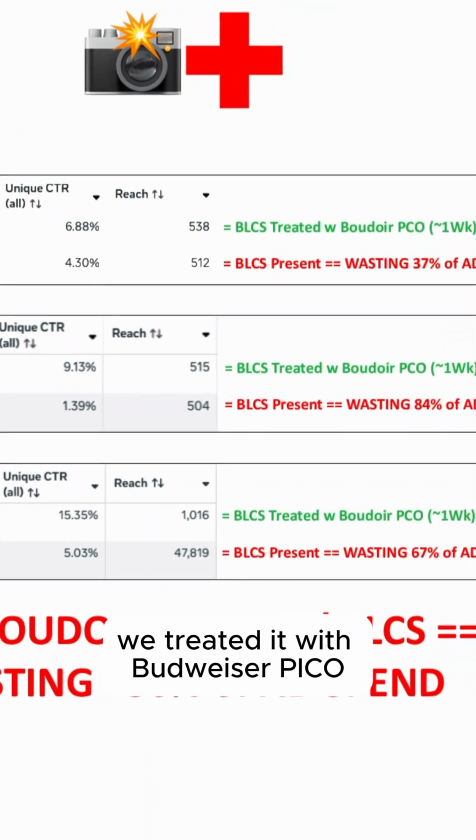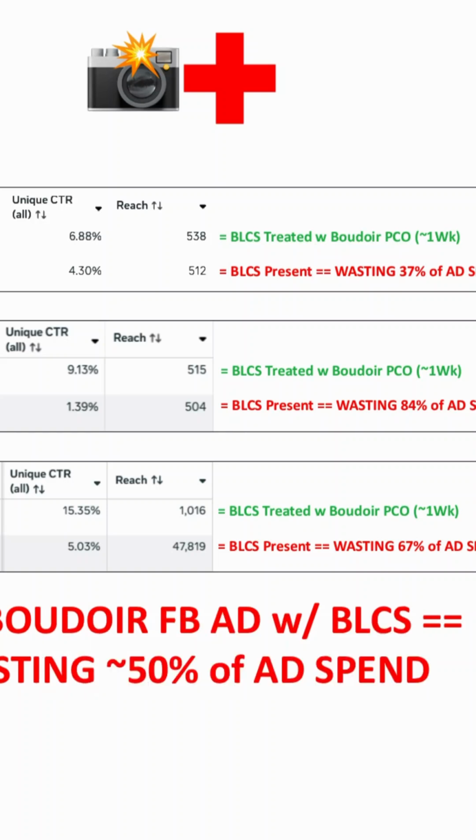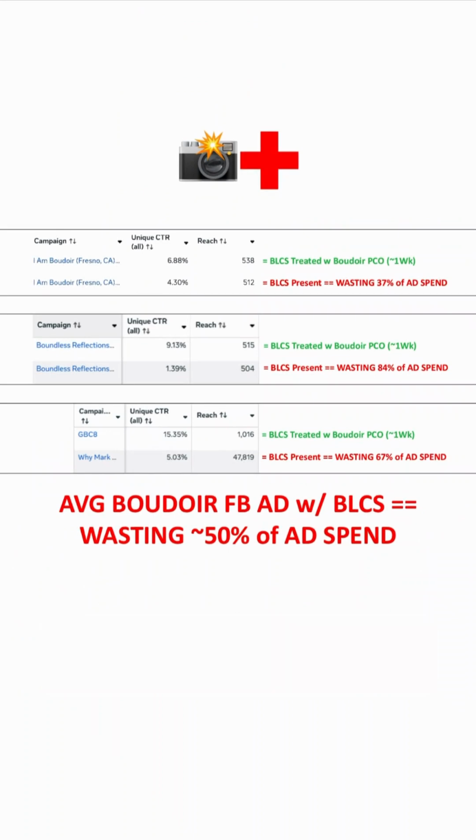So we did. We treated it with Boudoir Pico, took about a week, and we got the unique CTR all up to 9.13%. So we found out the original Boudoir Facebook ad was wasting 84% of ad spend, being wasted. As a result,